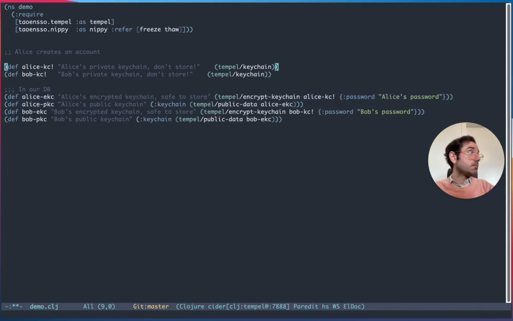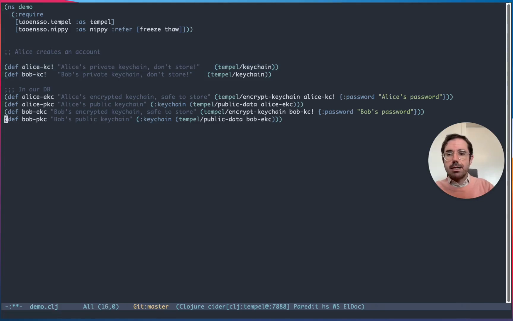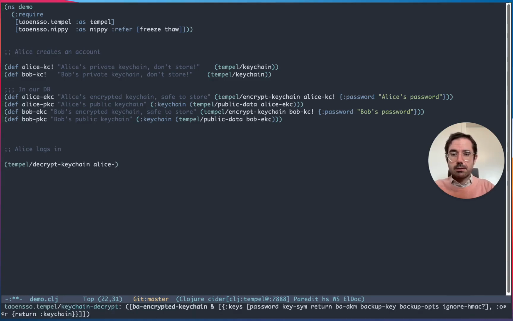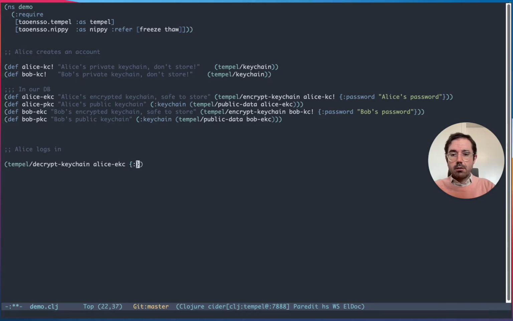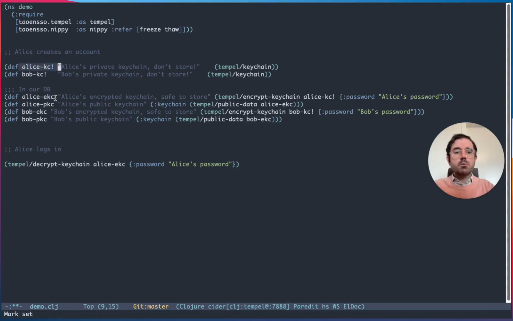You keep the private keychain around in memory just while they remain logged in. When they log out, you kill this information, right? So you let that go. Later on, when they sign in, Alice logs in. What you're going to do at that point, Tempel decrypt keychain, Alice encrypted keychain, password, Alice's password. At that point, during the login, you're going to take Alice's password again. If it is the correct password, it will yield Alice's private keychain, which means you can immediately sessionize it,